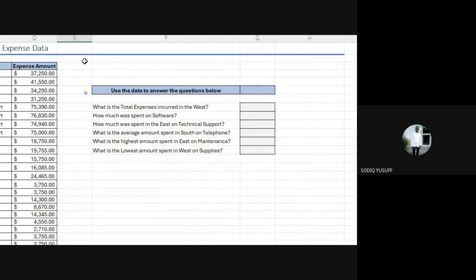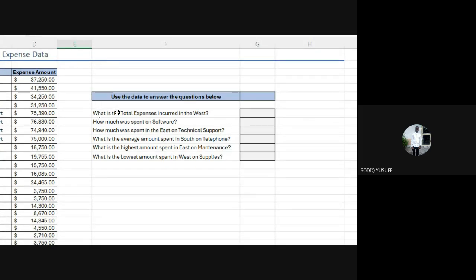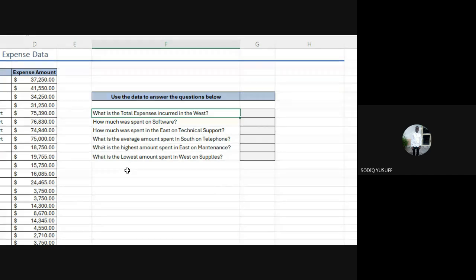The first question is asking: what is the total expenses incurred in the West? The question here is asking us to find out the total expenses that was incurred in the Western region.